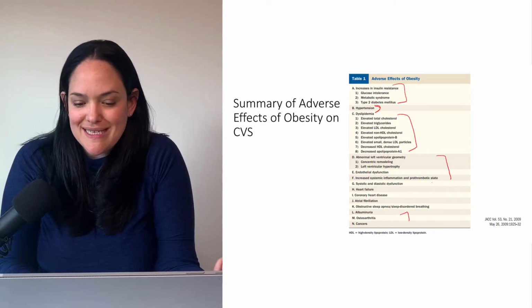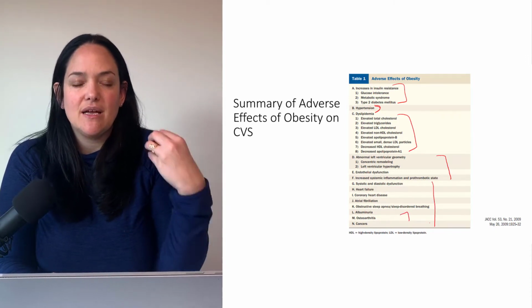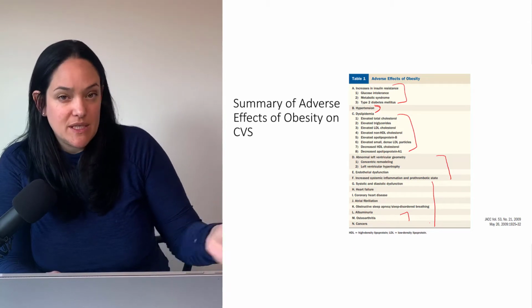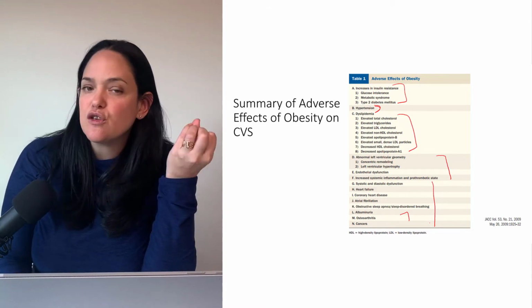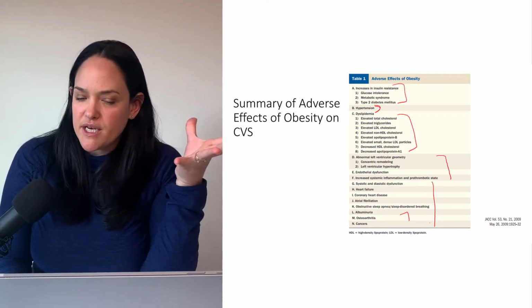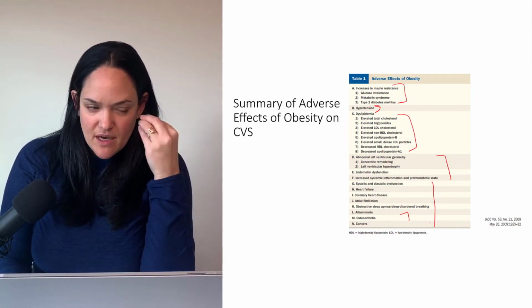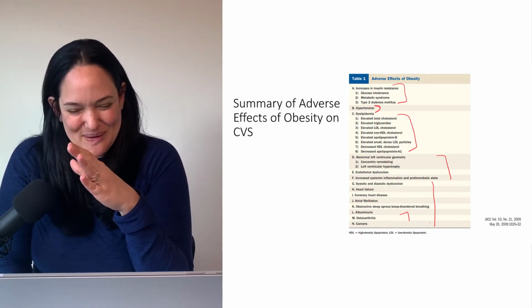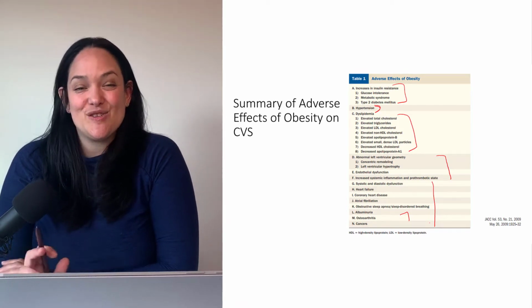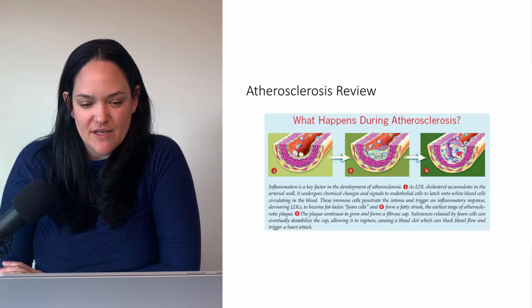But really, there are a number of different things that we see higher risk of in obesity that link it to cardiovascular disease. So we're just going to focus on some of these, but I wanted to give you the slide to give you some of the other things to think about and rabbit holes that you can go down when you're trying to understand what links obesity and cardiovascular disease.